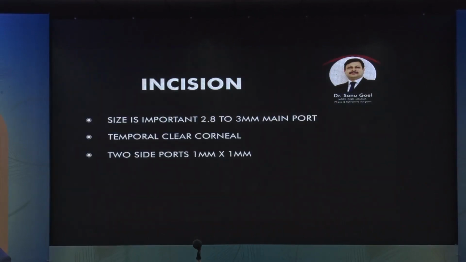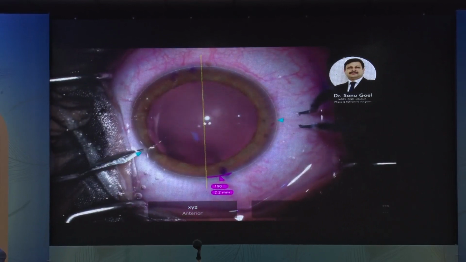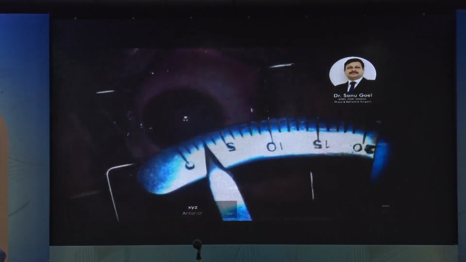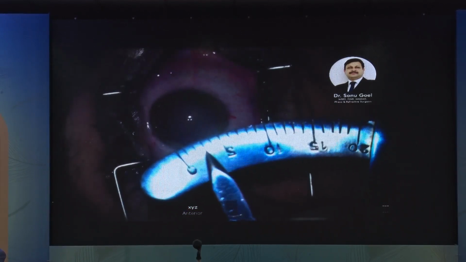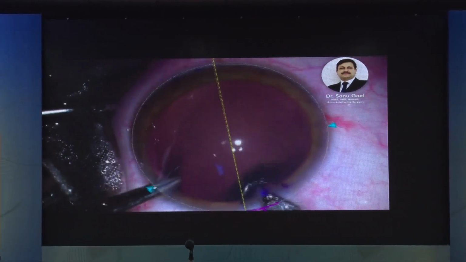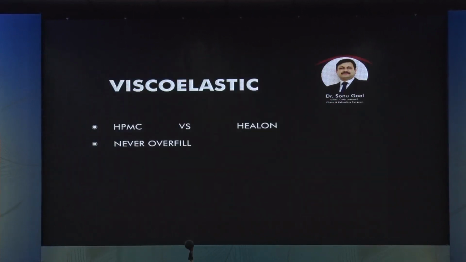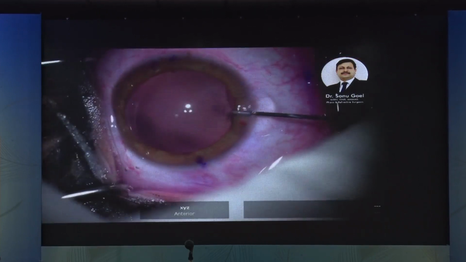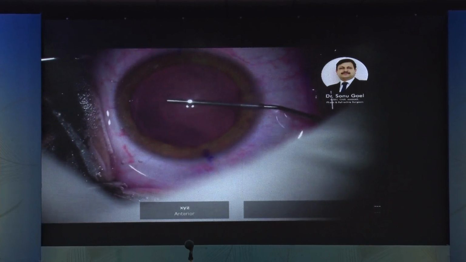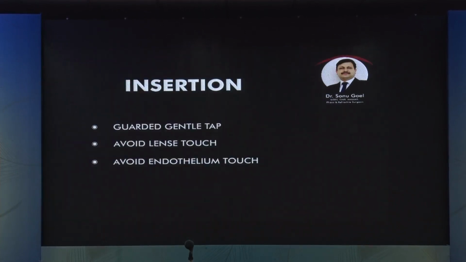The incision size is very important. I would always aim for a size somewhere between 2.8 and 3. I have access to the Callisto and the Verion both. Under topical anesthesia, make two side port entries, 1.1. I would always do a 3 mm incision because I feel that is the most comfortable size where you don't have the chamber going shallow. Viscoelastic choice could be of two types. You can use either an HPMC or a sodium hyaluronate. I think both have equal surgeon preference. For me, HPMC works well.